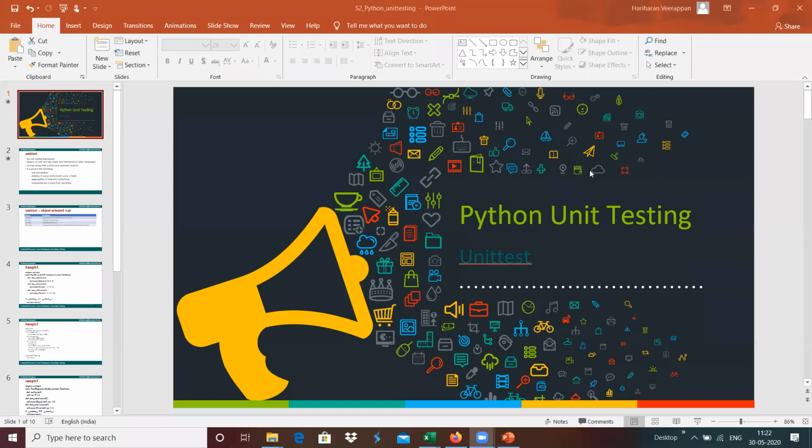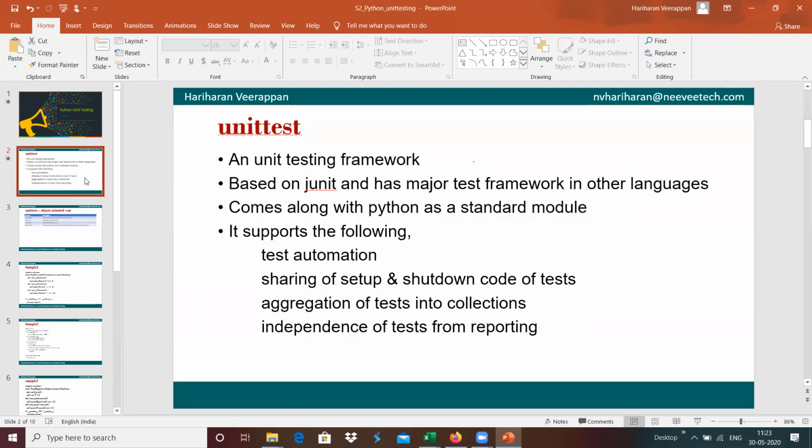This is to give just a brief overview or introduction about how we can do the unit testing of a Python module. With the help of unittest, which is the module name that we are going to use over here. Basically, I want to give some information about unit testing.